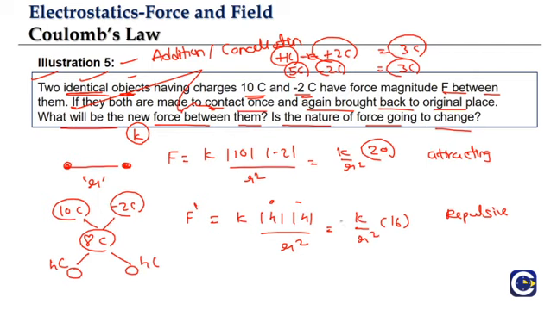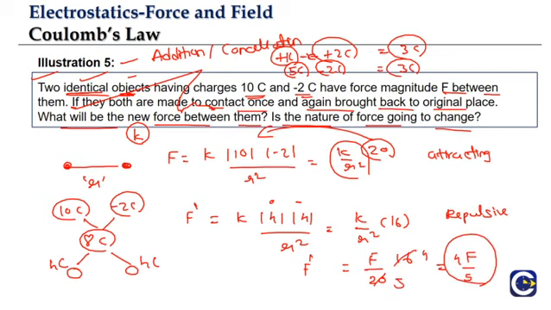And we have to tell the value of F dash in terms of F. So from the first expression, we have k by r square is F by 20. If you take the 20 to the other side, it will go to the denominator. So F dash will be equal to k by r square, which we can write as F by 20 into 16, means 4 4s are 16, 4 5s are 20, 4F by 5. So F dash value will be 4F by 5, and the nature is changing. Initially it is attractive, now it is repulsive. In this problem we are using the basic property of the charges, which is charge addition and charge cancellation.